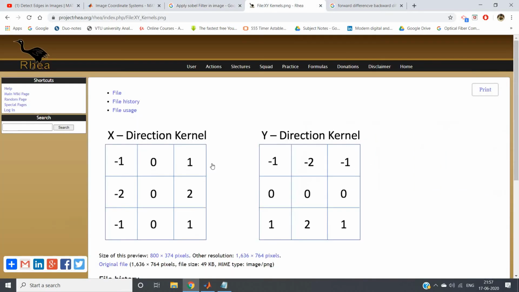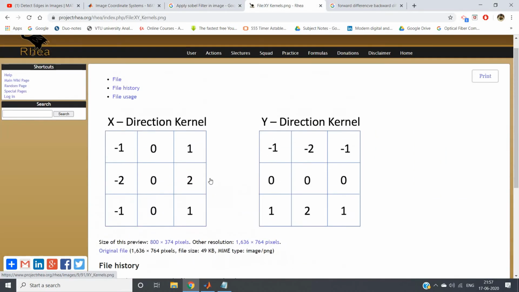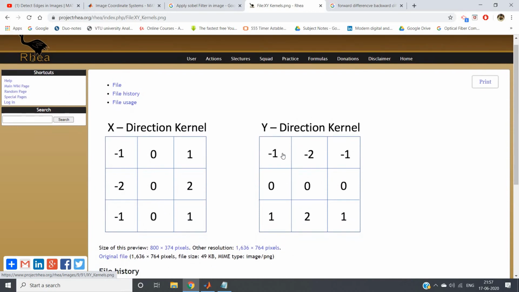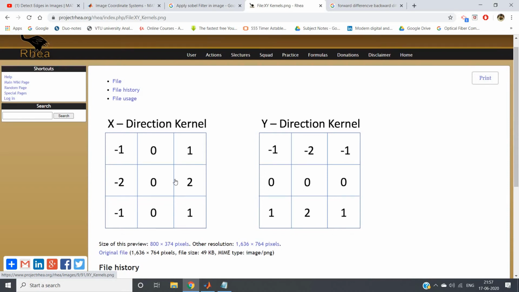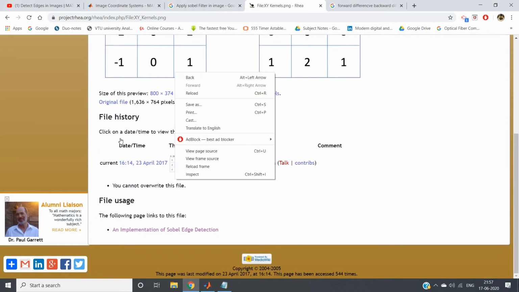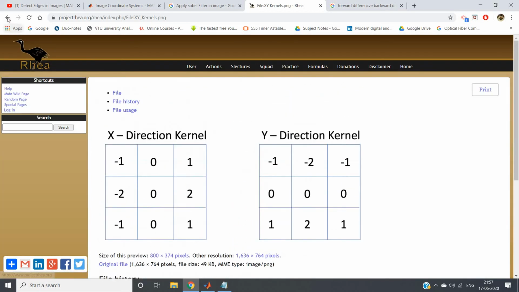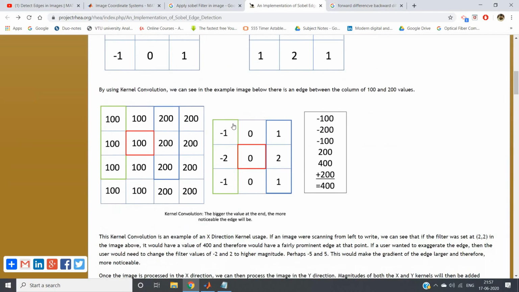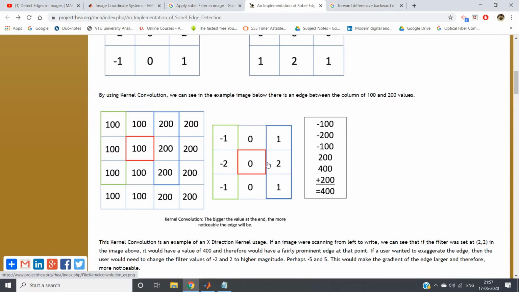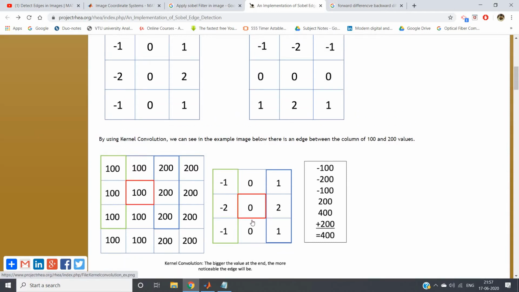On this website they have beautifully explained how these two matrices operate on your actual image. Suppose I want to apply the derivative with respect to the x direction on this image, where one small block of different pixel values is taken.